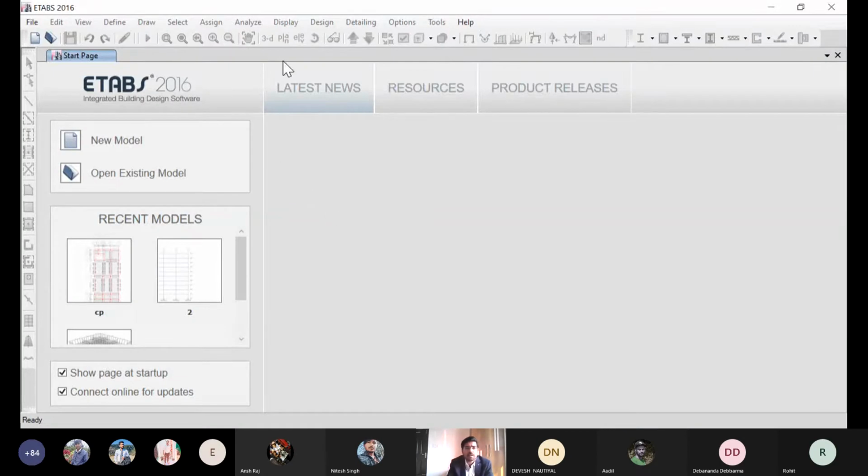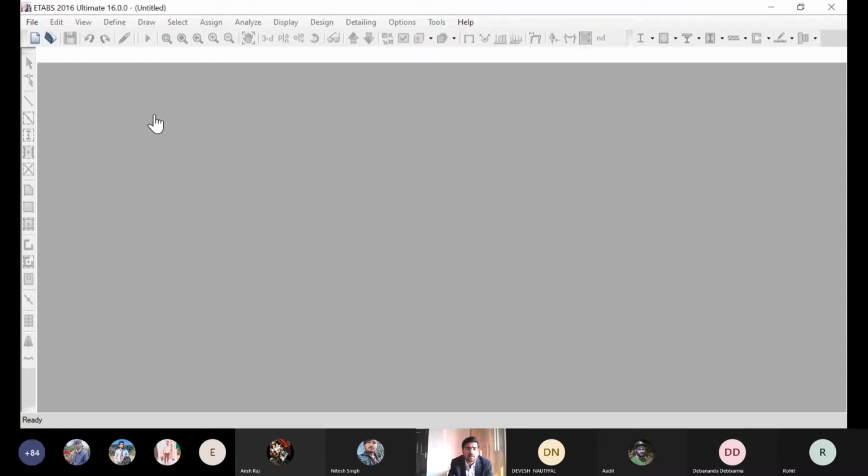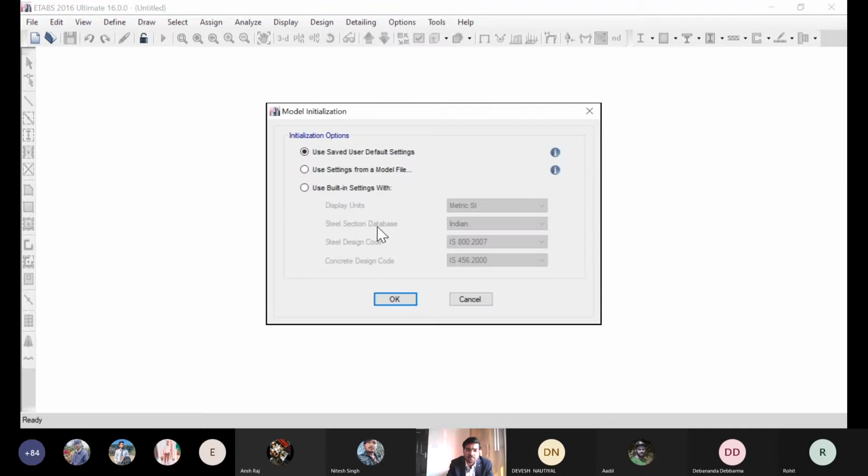Right. So when you double click on ETABS, you see this window in front of you. Correct. So I'm going to start a new model. This is the model initiation window.